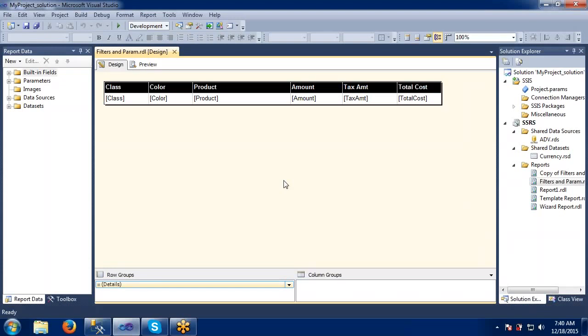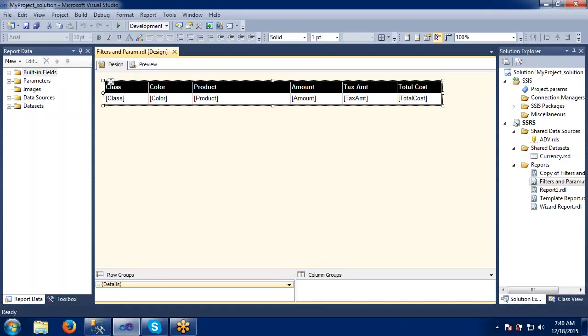I mean, what are the properties available in the table, matrix, and tablets? We are going to cover all the property options, and these properties will be common if you select any report type. These properties will be common, so that's why we try to cover properties and their options. Okay, so let's start with the table.